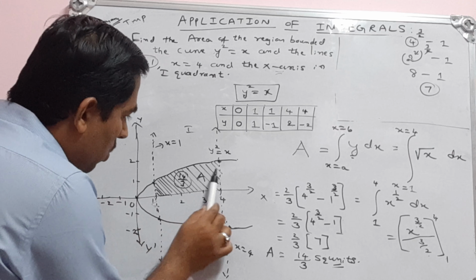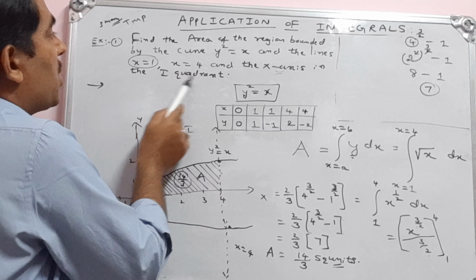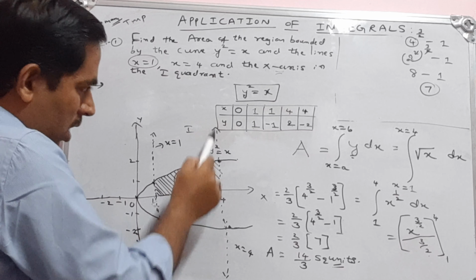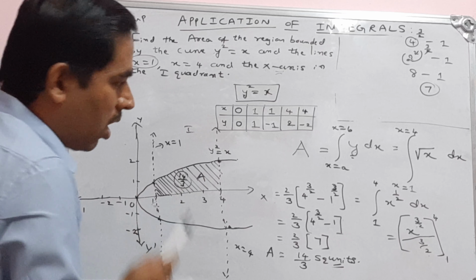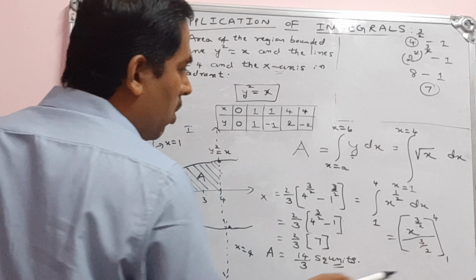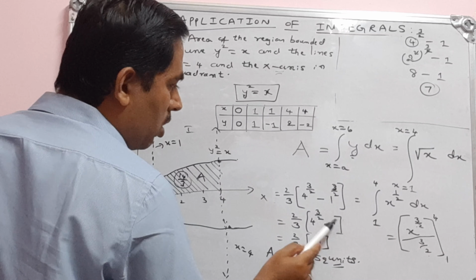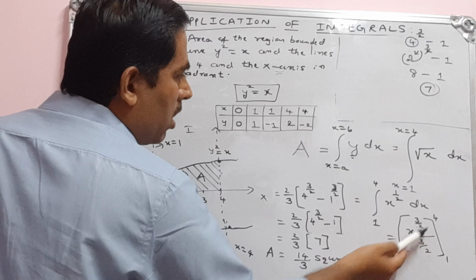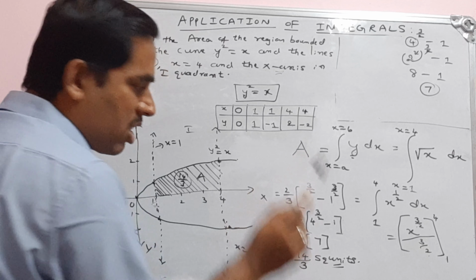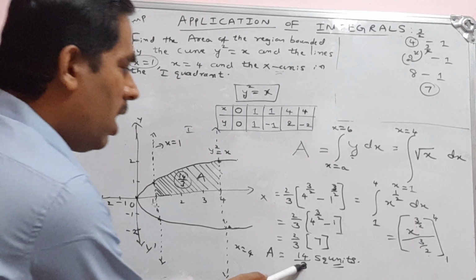See, this is only the first quadrant. They have asked you to find the area in the first quadrant, bounded by the x-axis and the lines x is equal to 1 to x is equal to 4 in the first quadrant. Solve for y, that is root x, that is x to the power of half. So use the power rule. Upper limit 4 to the power of 3 by 2 minus lower limit 1 to the power of 3 by 2 is 1 only. Then you take this 3 by 2 to the numerator, you get 2 by 3. So you simplify this whole thing, you will get 7. So that is 2 sevens are 14, 14 by 3 square units. Okay, this will be the answer.